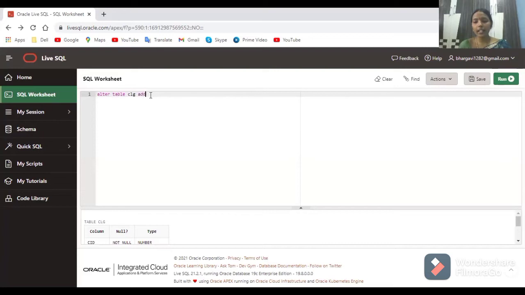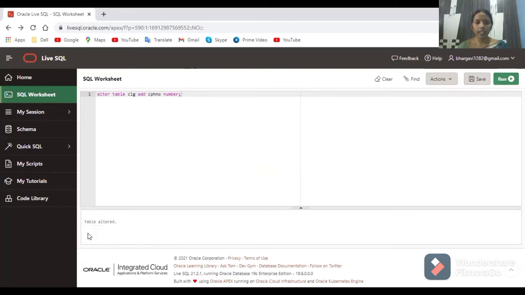Now what are you adding? You're adding a column, college phone number, CPHNO. It contains numbers. Alter table, table name, add column name and data type, and give a semicolon over here. Now say run.